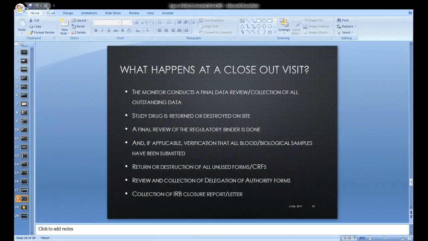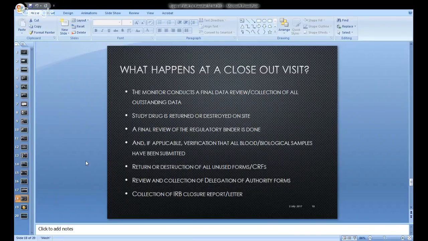Now, there should not be something lying as outstanding data because when you plan for a site closeout visit, you will definitely review the complete data from scratch, that is from the site initiation till date, which would again be a brief review because you have done your detailed review during the site monitoring visits. Collection of all the outstanding data is something which might come, but which should not be the scenario